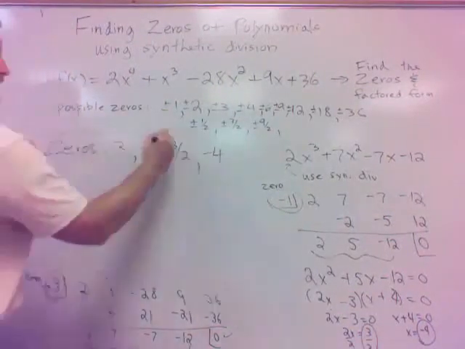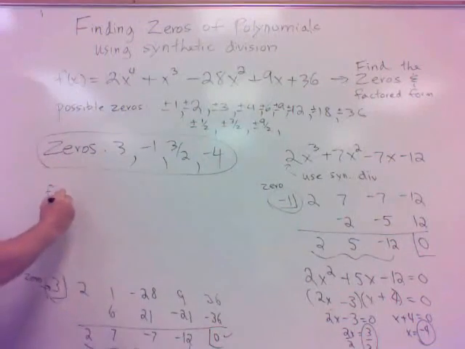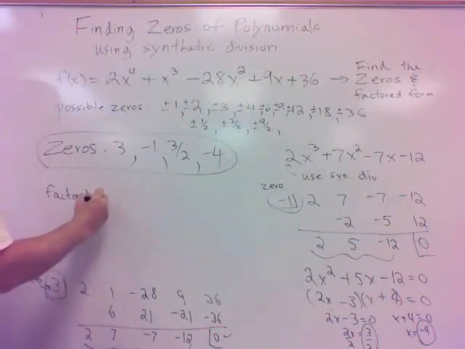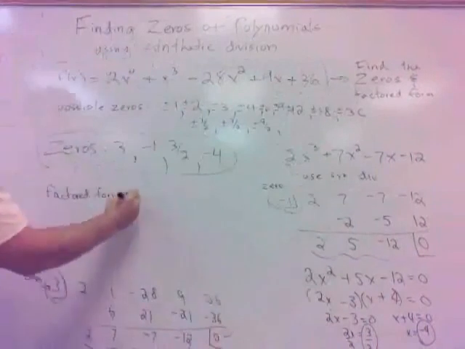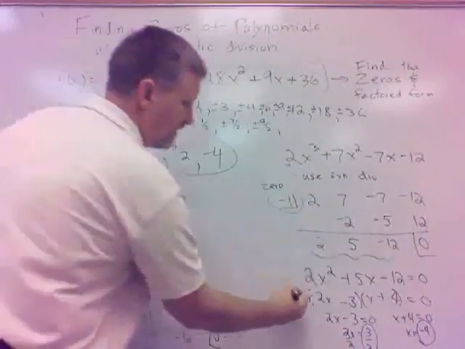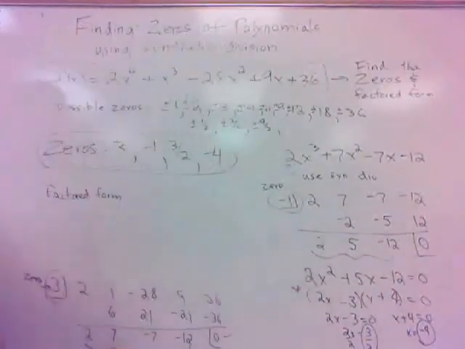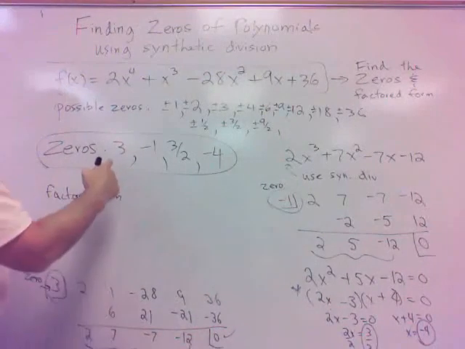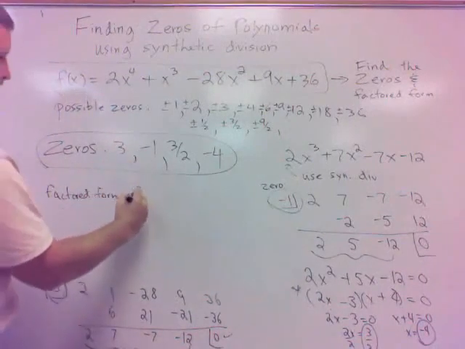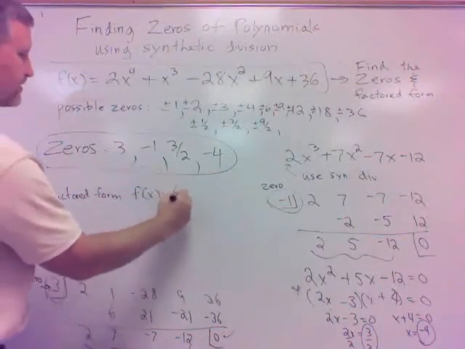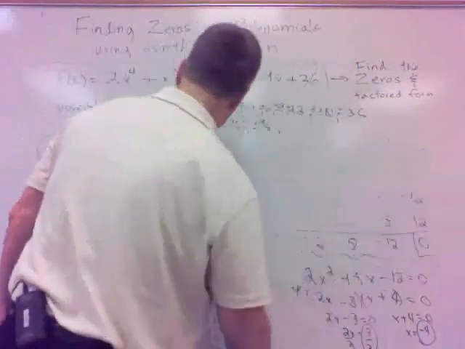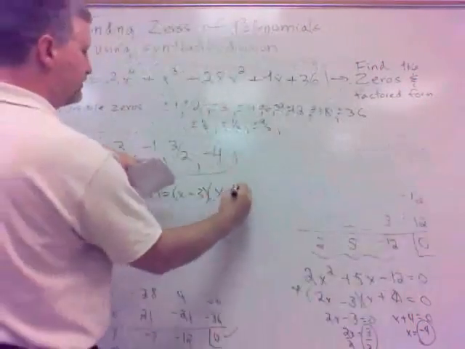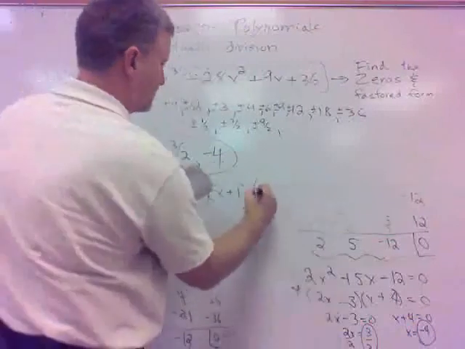What's my factored form of this polynomial here? Well, here's 2 of them. The other two come from this. So f of x equals x minus 3, x plus 1, and then the other 2 came from that: 2x minus 3 and x